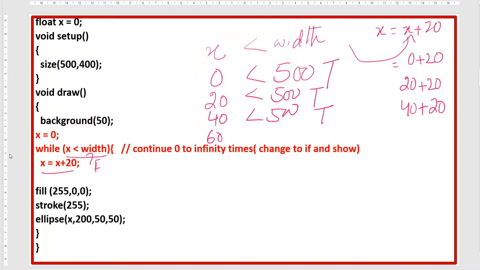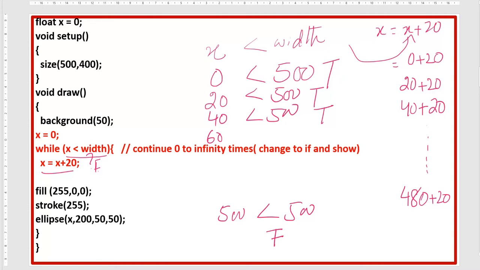Now you will say how this condition will become false, right? Suppose you continue this loop, and now the value of x is 480. Again you have to add 20 after this, so it is 500. So I say, is 500 less than 500? See, now this is false because this is equal to 500, but it is not less than 500.